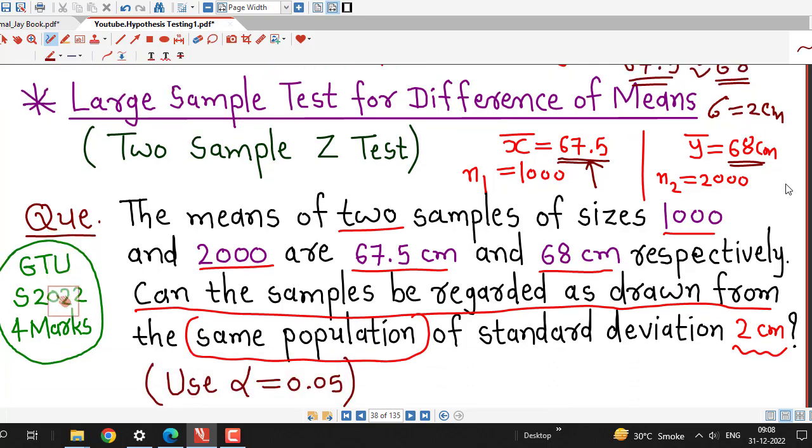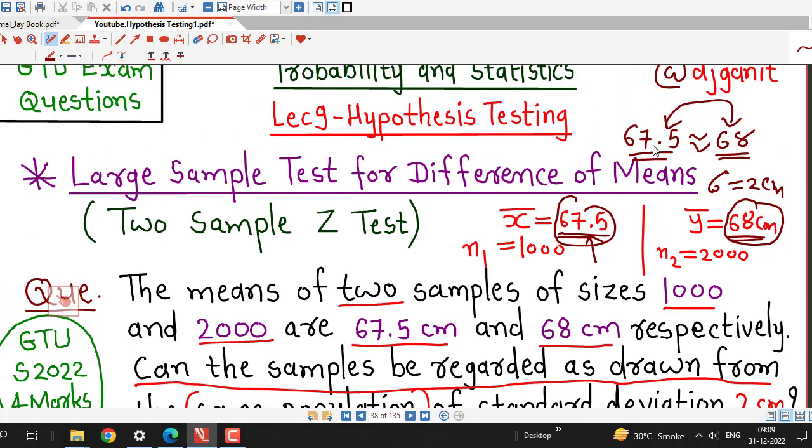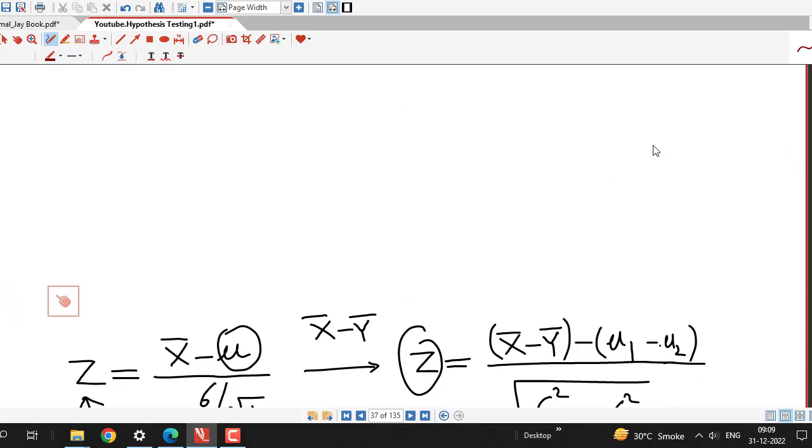That question arises because of these two values. These two values are for two sample means and they are nearly equal. So from this, can we infer that two population means are also equal, and for that we have to consider alternative hypothesis as